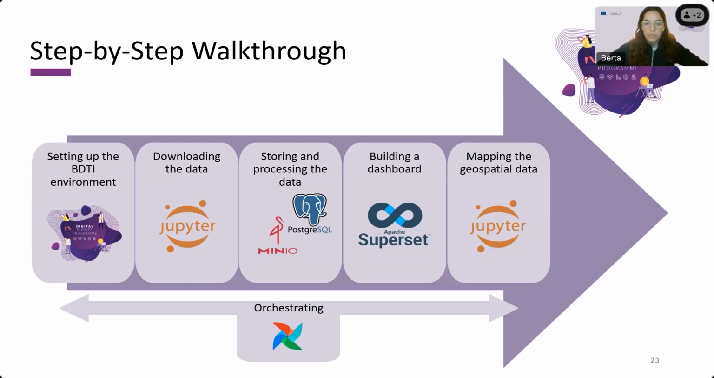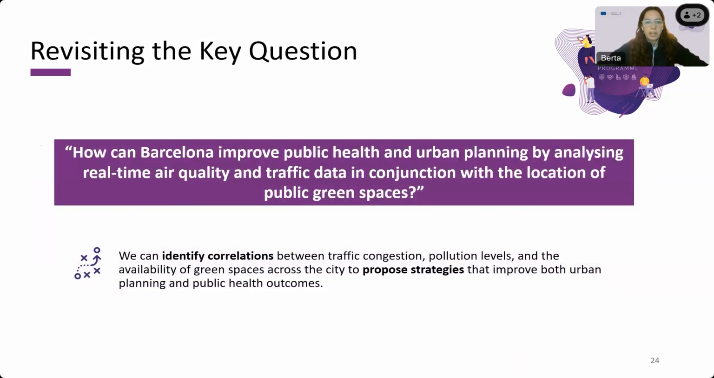To conclude the workshop, we will revisit the key question that we posed at the beginning. How can Barcelona improve public health and urban planning by analyzing real-time air quality and traffic data? By analyzing the data we have been using, we can identify correlations between traffic congestion and pollution levels, and maybe we can add another layer for the green spaces across the city. These insights allow us to propose strategies that improve both urban planning and public health outcomes,